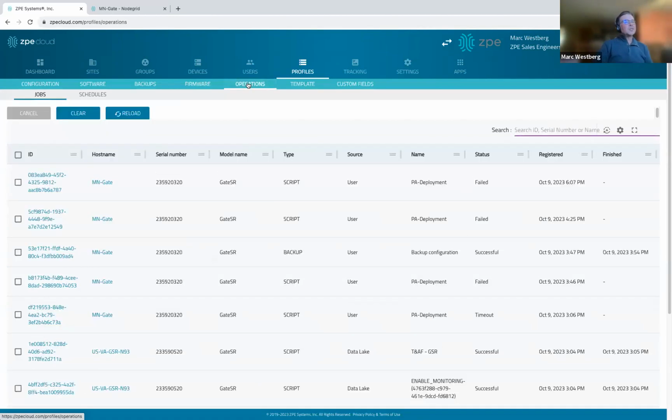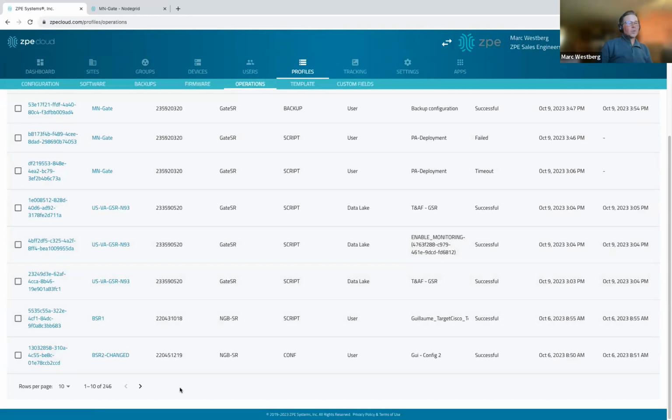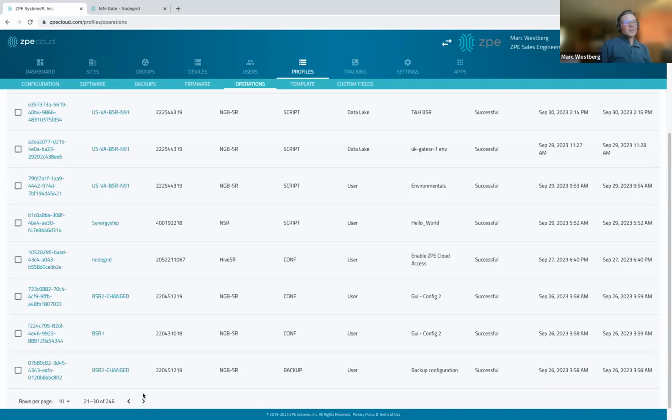And then the operations tab gives us the ability to see all of the jobs that have been run on this instance of ZPE Cloud since the device was brought in, or since the instance was initiated. So you can see that there are several jobs that have been done. And then template,